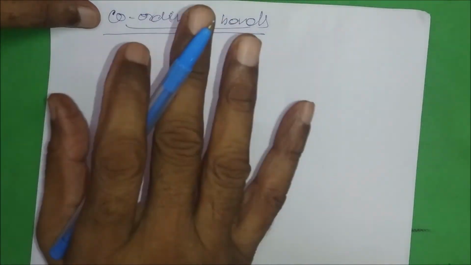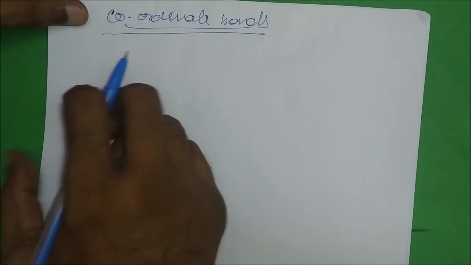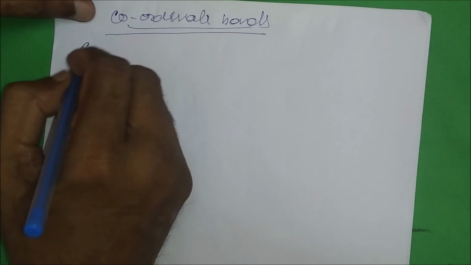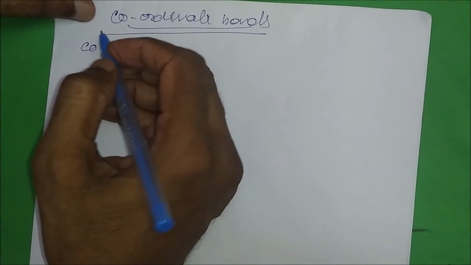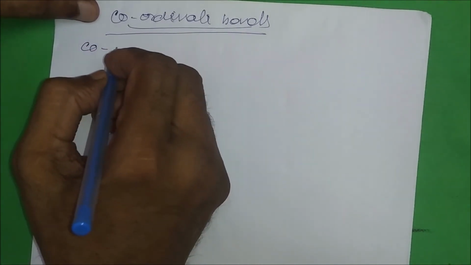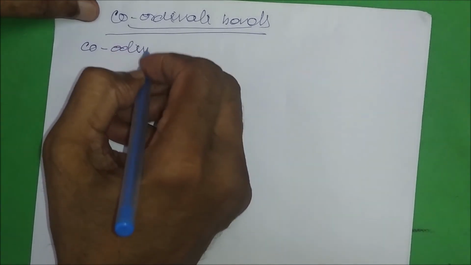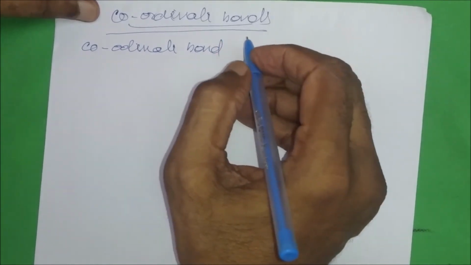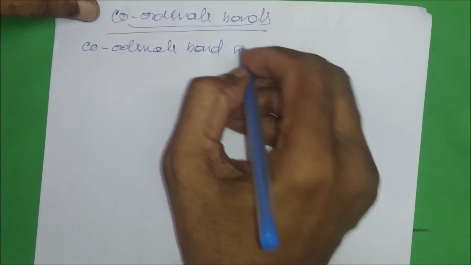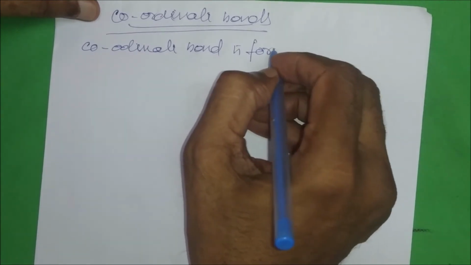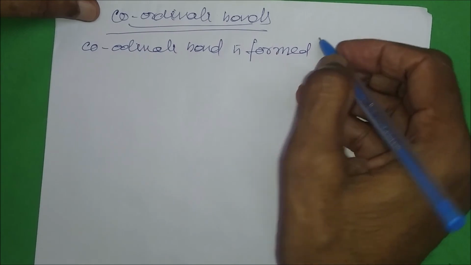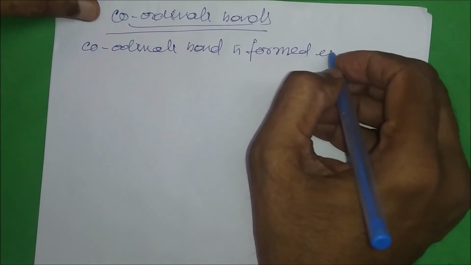So it is one-sided sharing, which is contrary to a pure covalent bond. So what is a covalent bond? You could write it like that. I'm writing the definition so that you can understand very easily. Coordinate bond is formed when one atom